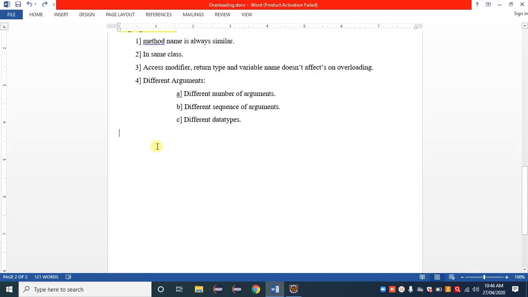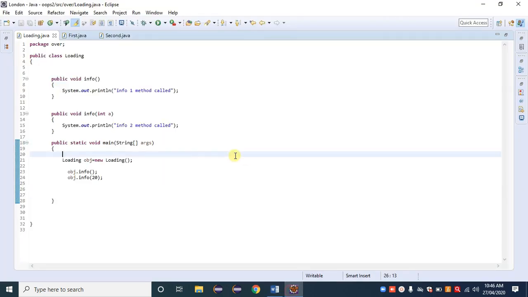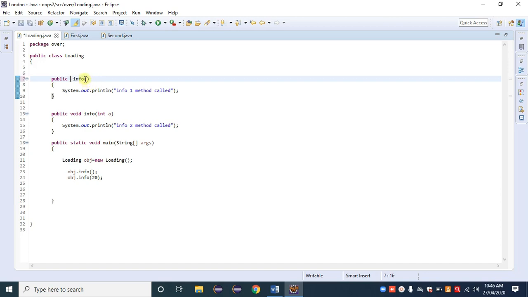So next point, constructor is overloaded. Same rule as method overloading. Yes, we can overload a constructor. Let's check here. So it is a method. I am simply converting that method into a constructor. So what is the rule or syntax for a constructor? There is no return type, and the constructor name and class name are always similar.